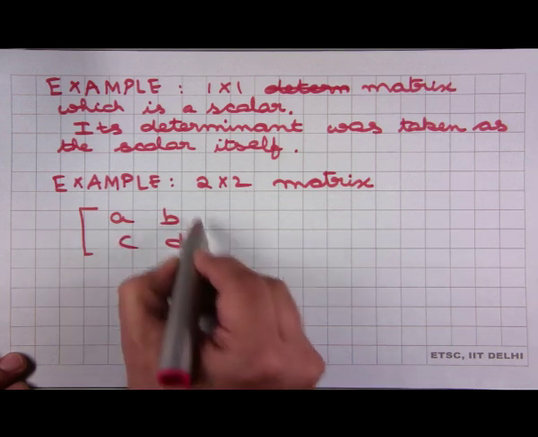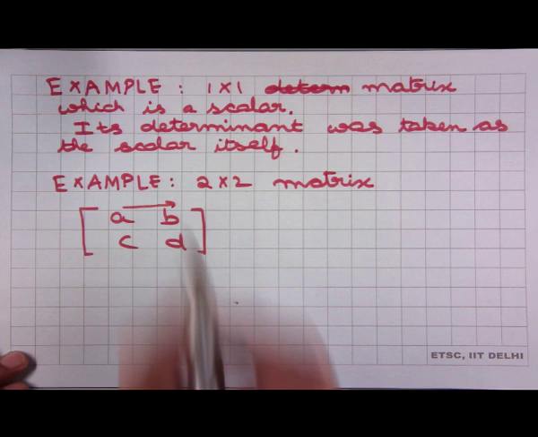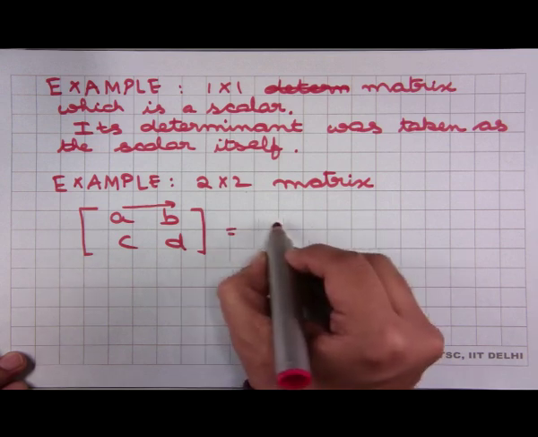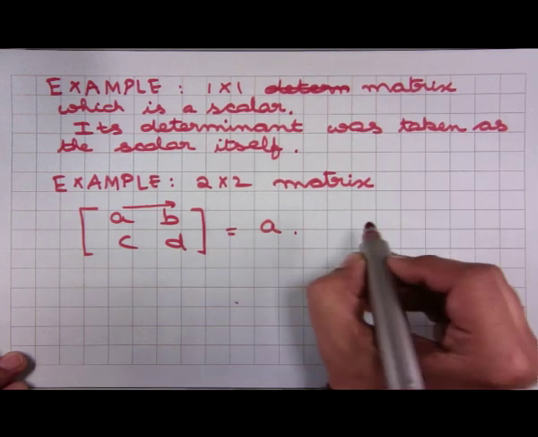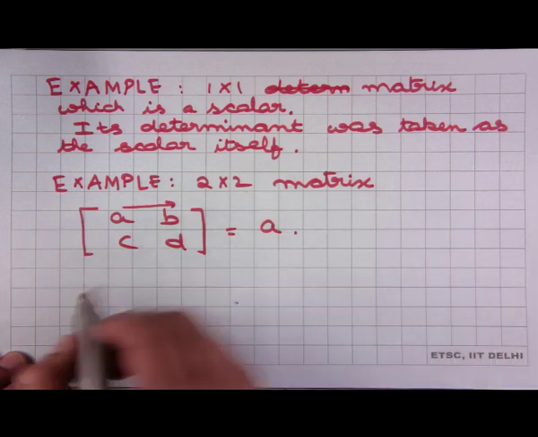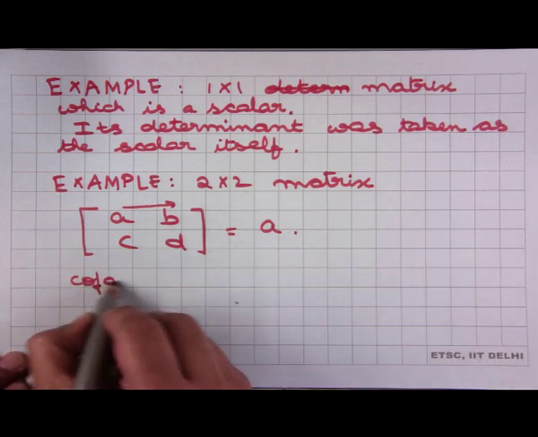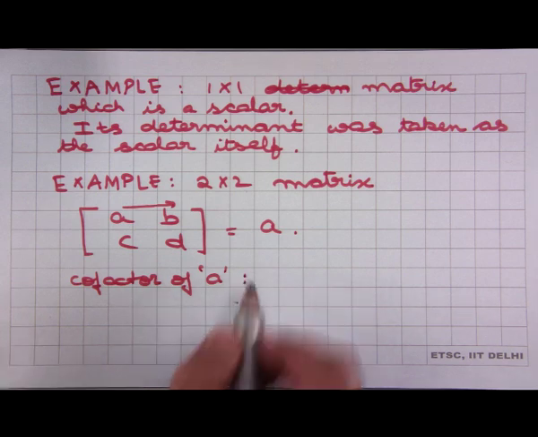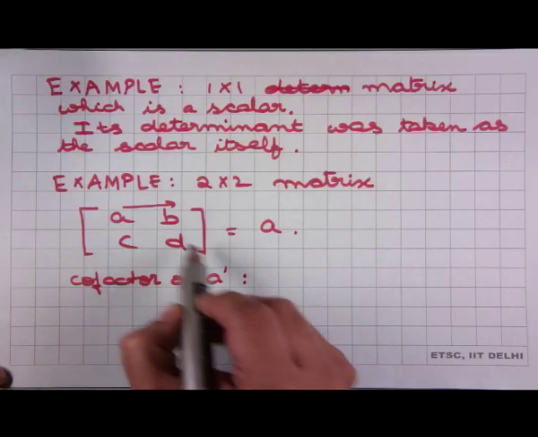So, here let us start by expanding along this row. What we need to do is write this down as A times the cofactor of A. So, what is the cofactor of A? The cofactor of the element A is the determinant of the matrix which comes after deleting the row and the column of which A is part of. So, essentially just the element D, because if you cancel this row and this column, we are left with D,